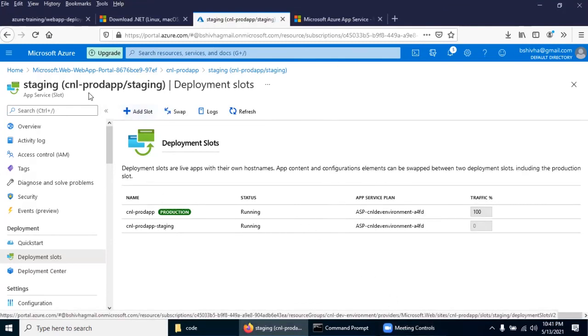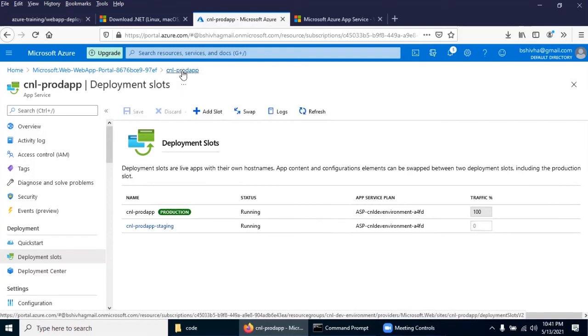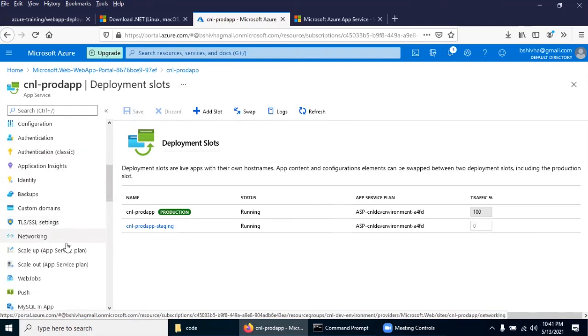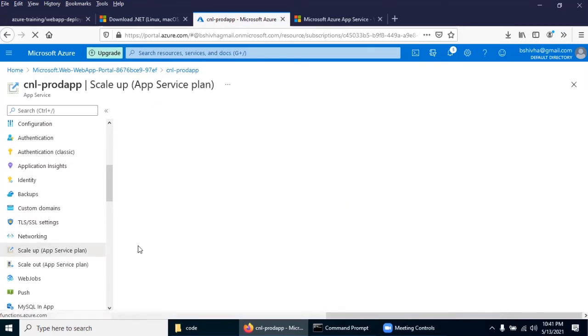Even in this staging, you can add multiple slots also. With the same URL, you can even test with load sharing, traffic. That is also possible. Now I'm going back to the main one and coming down to scale up. Since we selected up to 10 instances, we can scale up.